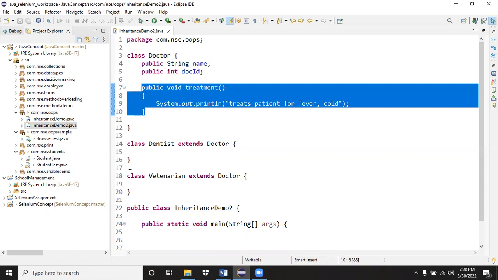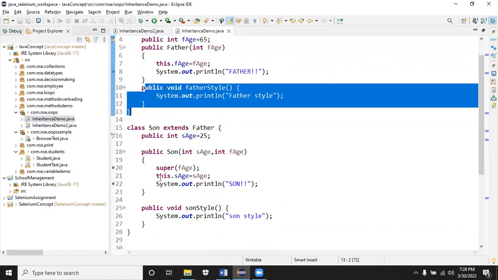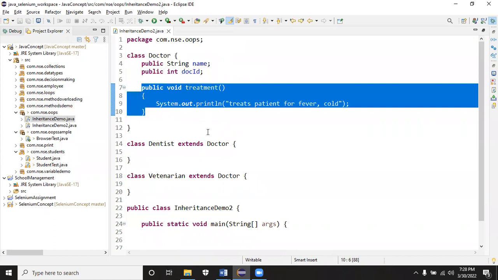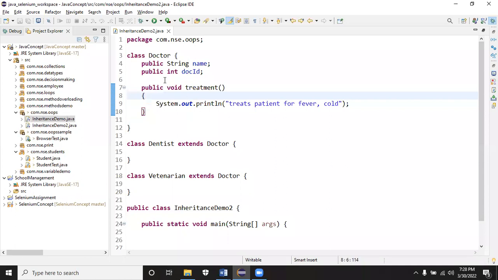Earlier, we created lots of methods. In the parent class, I created a method, and in the child class, I created a method. Those are all different methods. Now, what we are trying to do is create a method which is going to be the same. We are going to override the method. For example, for treatment, the general doctor will treat for fever, cold,